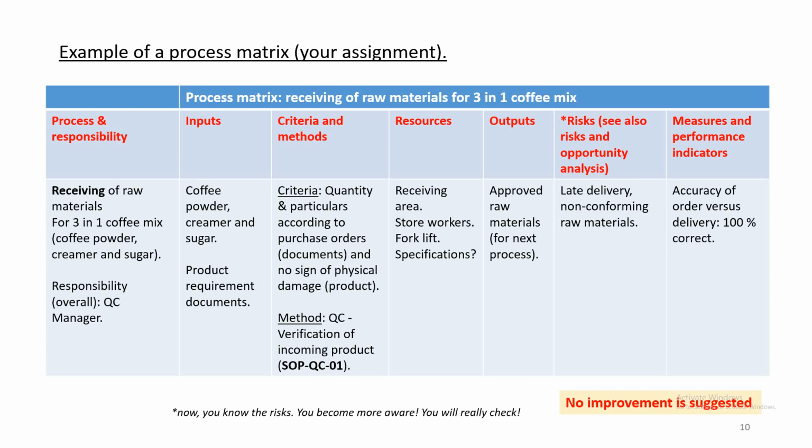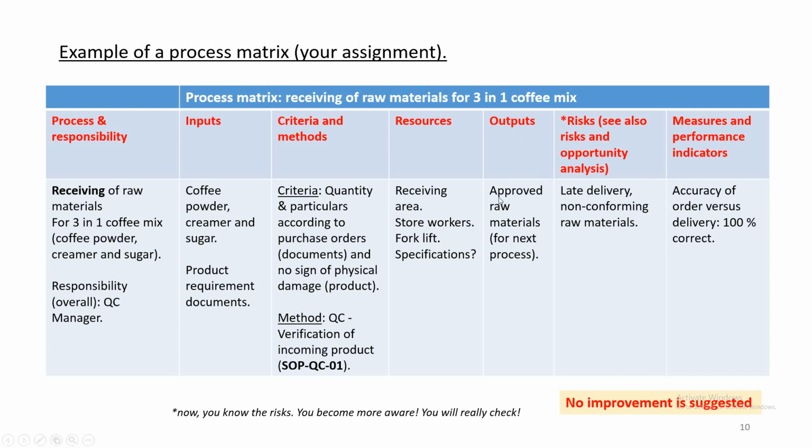And then inputs, you need the materials, coffee powder, creamer and sugar. Maybe the technician will look at the documents, product requirement or specification. And then the criteria and methods, you have quantity and particulars. You check according to the purchase order or not. You need the documents now. And then you check the product, whether there is any sign of physical damage. If you're not clear, you can refer to the SOP QC01, which is Standard Operating Procedure Quality Control 01, which probably describe the verification of incoming products. Yeah, the resources can be receiving area, or the workers, the forklift, the specification,